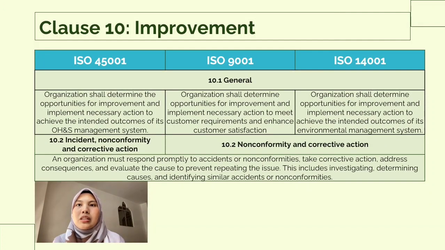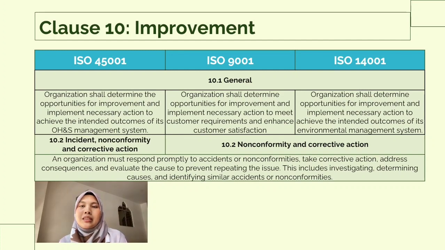Moving on to Clause 10, which is improvement, there are differences in subclause 10.1 General for each standard. In ISO 45001, organizations shall determine opportunities for improvement and implement necessary action to achieve the intended outcomes of its OSH management system. While in ISO 9001, organizations shall determine opportunities for improvement and implement necessary action to meet customer requirements and enhance customer satisfaction. And for ISO 14001, organizations shall determine opportunities for improvement and implement necessary action to achieve the intended outcomes of